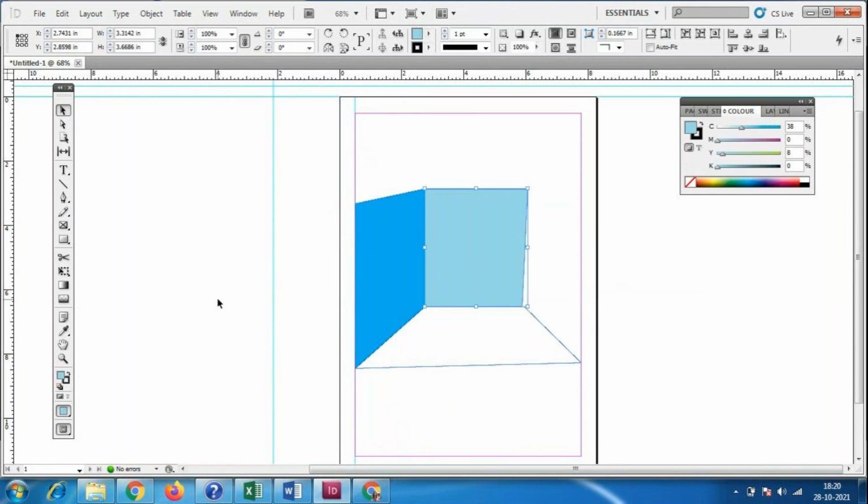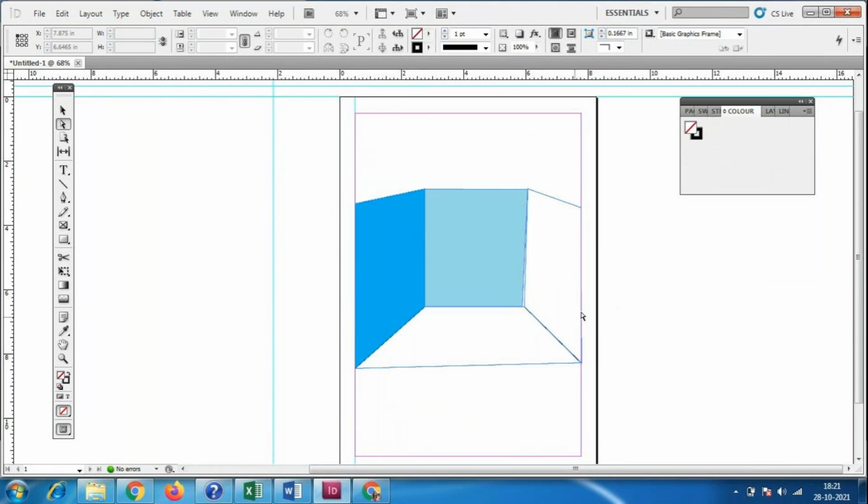Like that, if you want a different box, I'll make a box like this. First we take the box as it is, then go to the direct selection tool and make the points like this. We select the point like this and make changes like this.